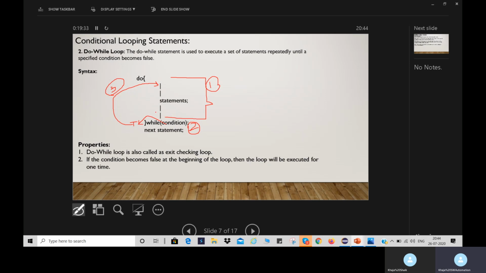This process will be continued until the condition becomes false. If the condition is false, then the do while loop will be terminated, and the control will be transferred to the next statement after the do while statement. So this is step 4.